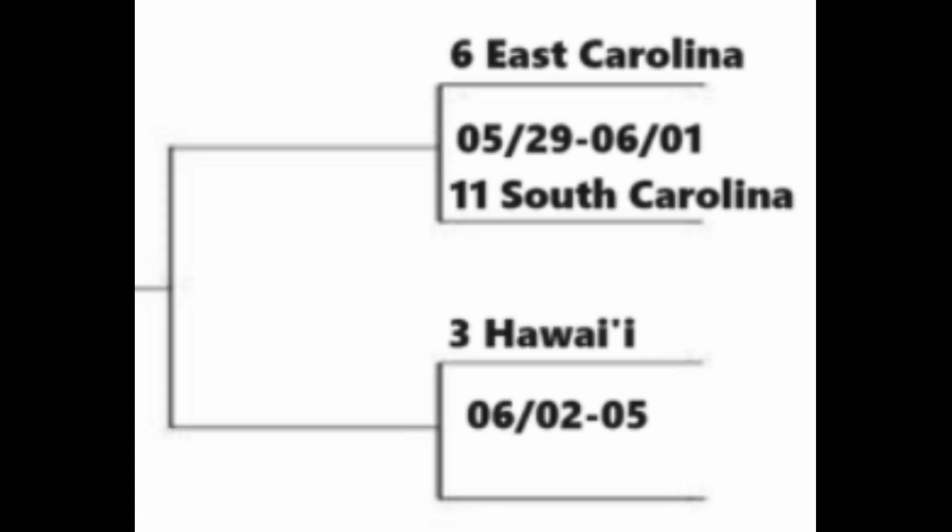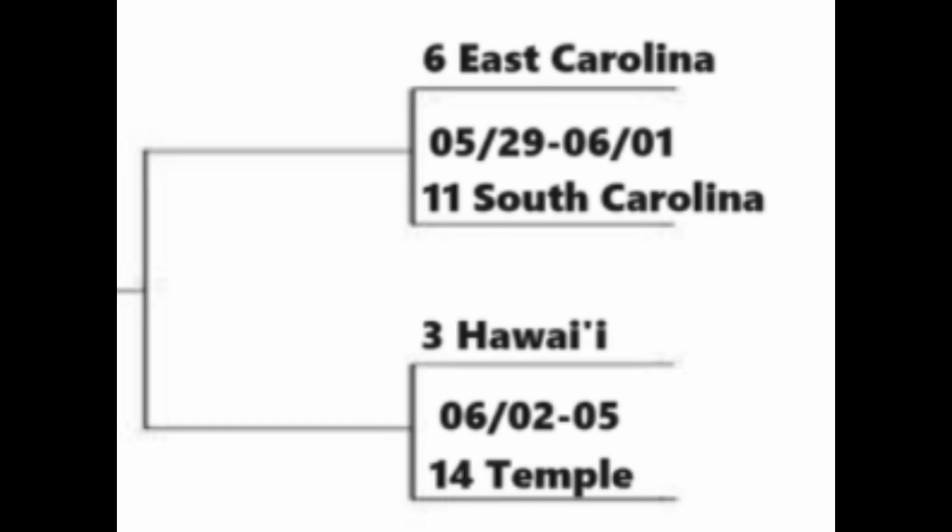Next up, we have the number 3 seed, the Hawaii Rainbow Warriors, the winners of the Mountain West Conference. They had the third highest total vote with 44 combined votes, as they will face the American Athletic Conference runner-up and the 14th seeded Temple Owls. Temple is the worst at-large team out of any of the teams that got in as an at-large. They only had a combined total votes of 20 between the preliminary and the conference final vote,